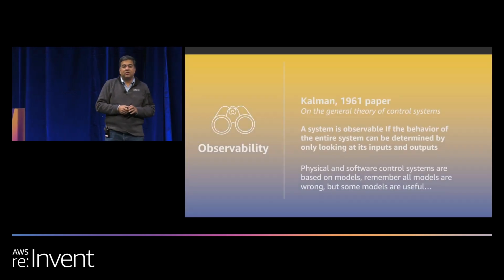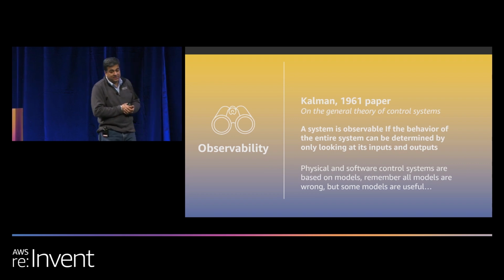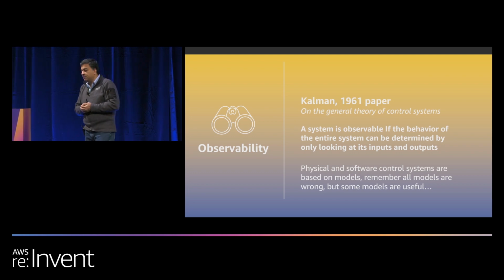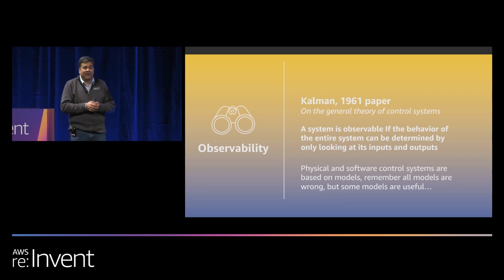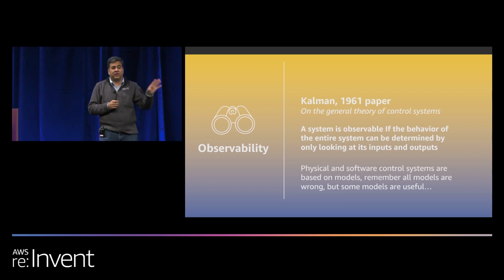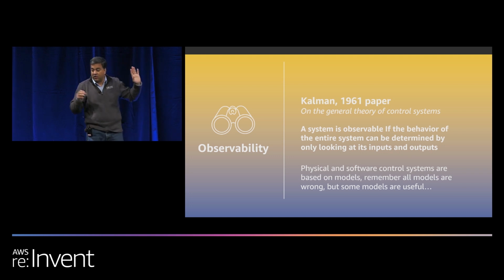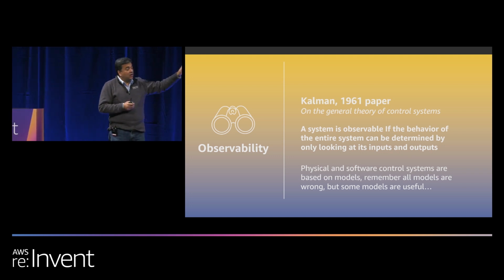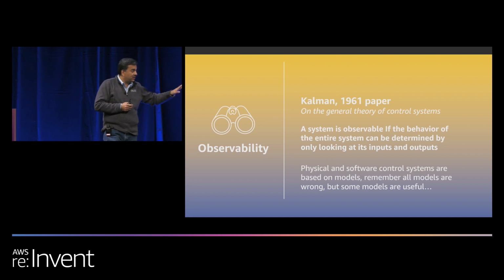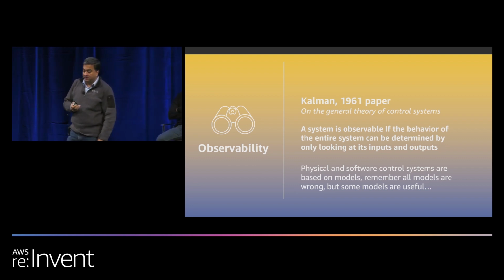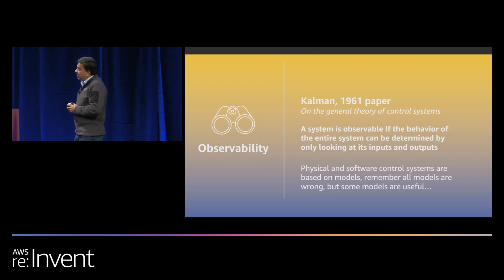So moving into the next important category or area of continuous resiliency, which is observability. And by the way, I have a lot of material over here, and it may sound like I'm talking too fast. But all of this will be available to you after this, and these slides will also be available, right? So you can go through them.